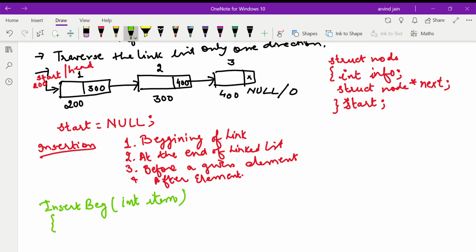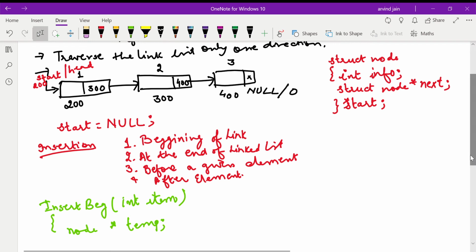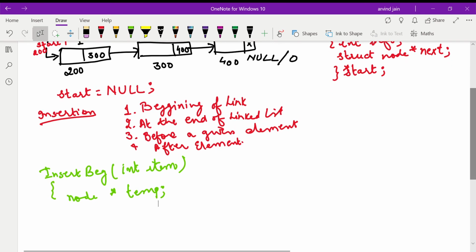Before inserting this item we have to allocate memory. Because we are storing this item into a node, we write a temporary variable which is of type node. Then we allocate memory dynamically to the temp variable using the malloc function.